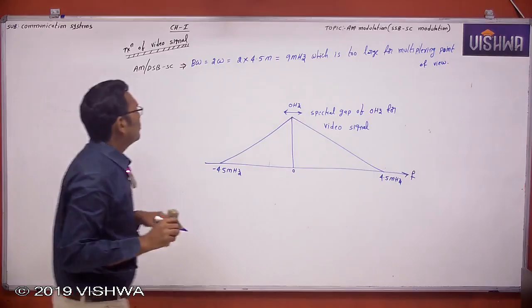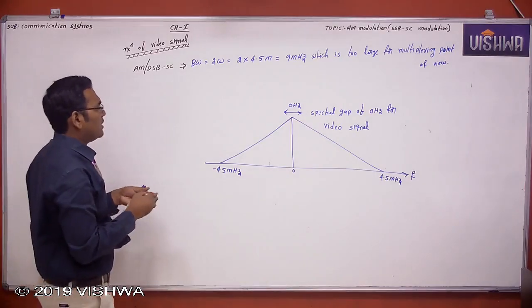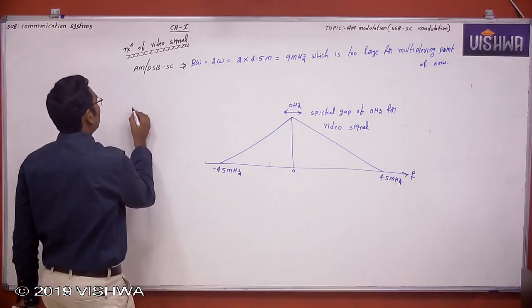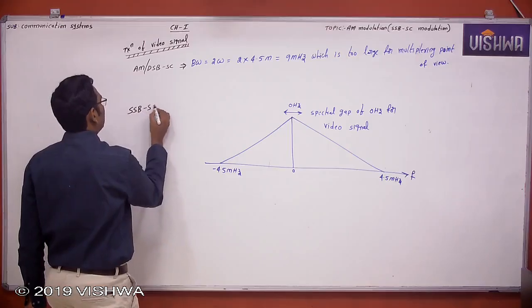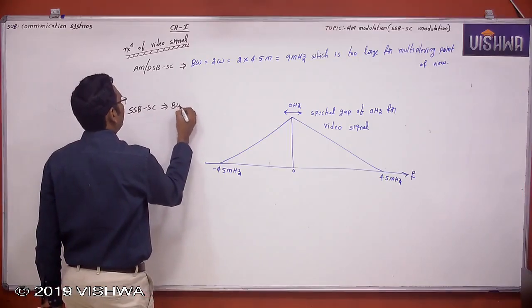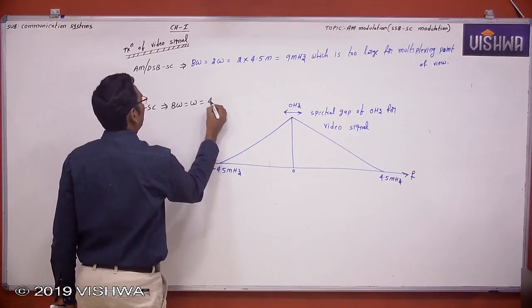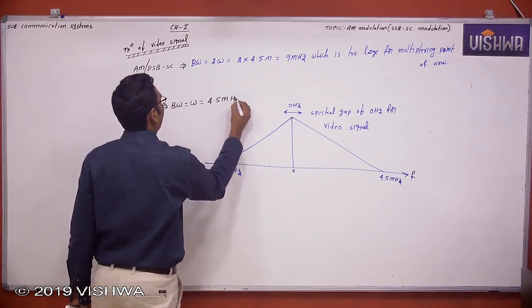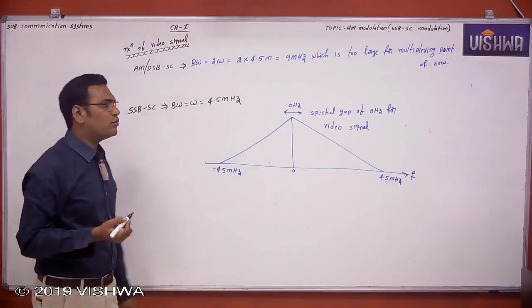Right? So, if I use SSB-SC, now the bandwidth required is omega, which is equal to 4.5 megahertz, which is good, which is less,